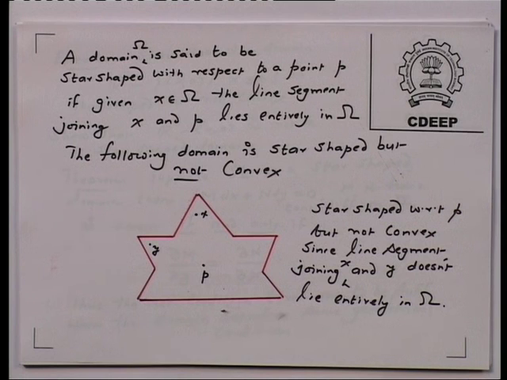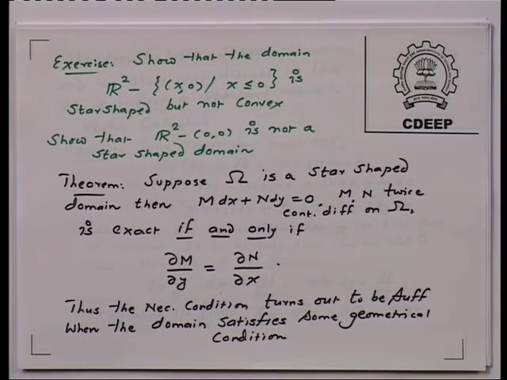So, look at this star like polygon below. The point P is fixed. From P I can reach anywhere, but if I take x and y, and draw the line segment, that will fall outside. So, this domain is a star shaped domain, but not a convex domain, correct. Is it clear? The difference between star shaped and convex. So the theorem is, suppose omega is a star shaped domain,